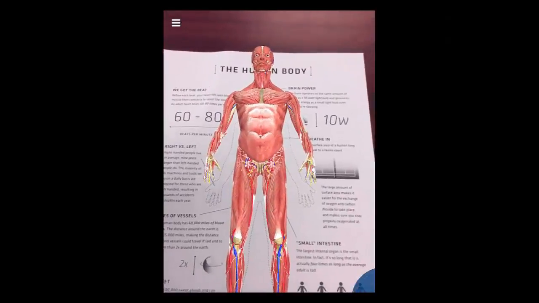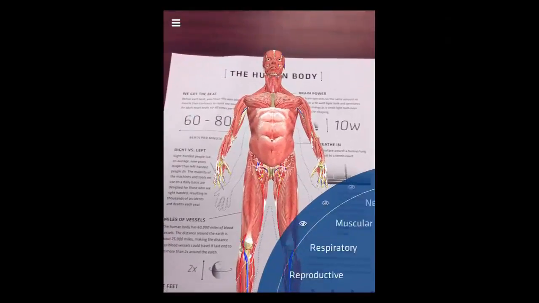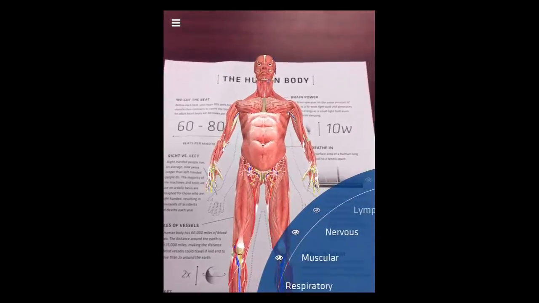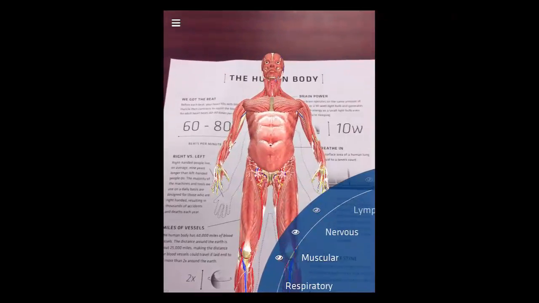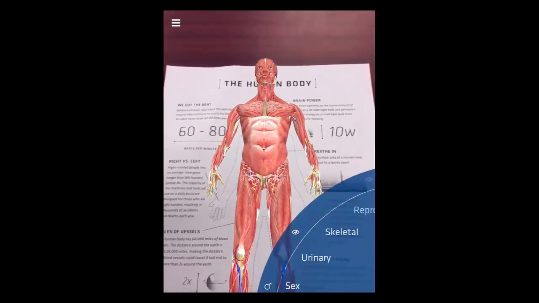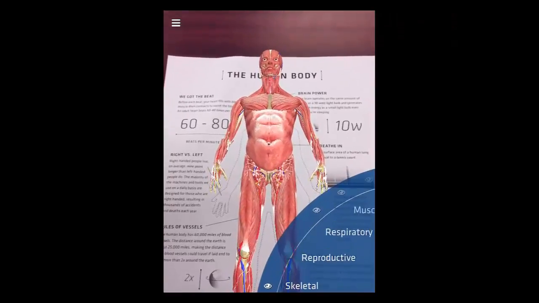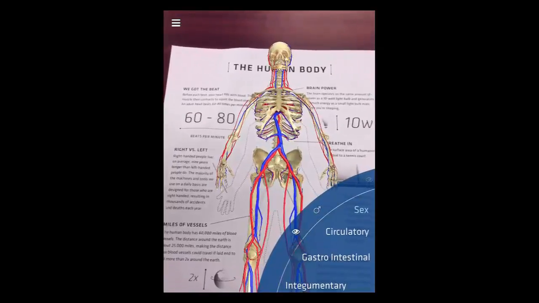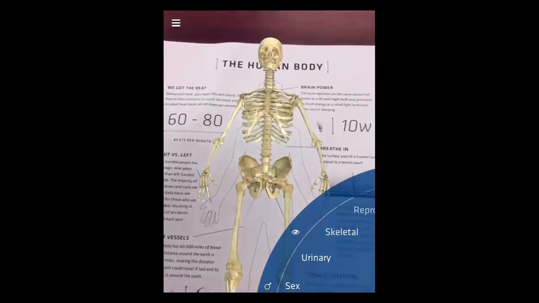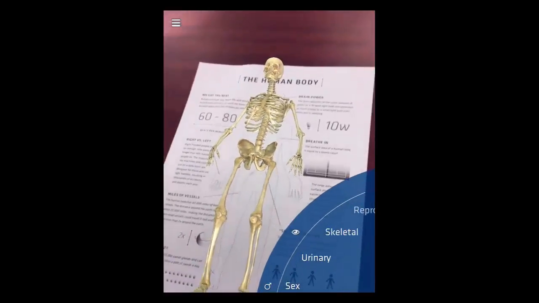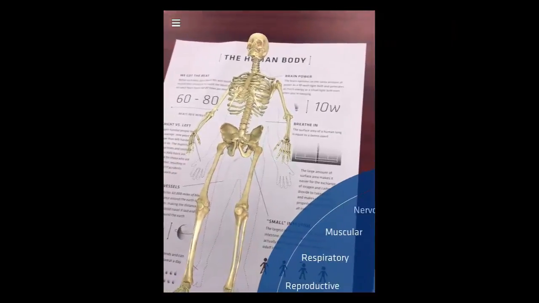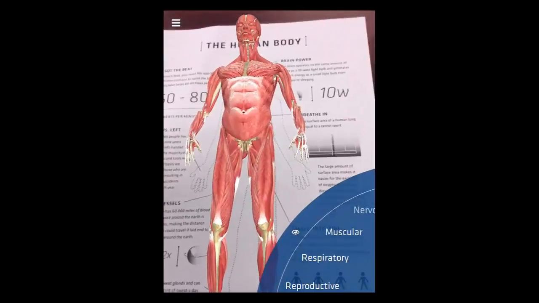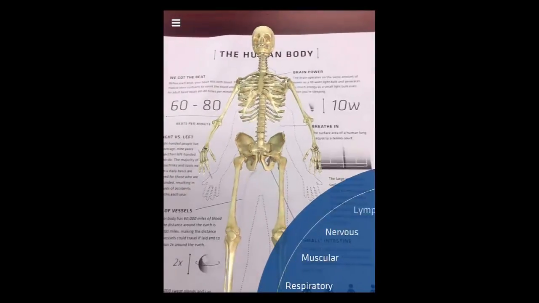And in the lower right hand corner, I have the different options that I can select from so I can see more closely. Let's say I want to focus on the skeletal system. I can get rid of everything except for the skeletal system and just see the skeleton by scrolling around and getting rid of these. So now I've just got the skeletal system of this individual. Now I want to add maybe the muscular system on top of it. I can select that and add the muscular system. Or maybe I want to focus on the nervous system. This makes a cool image.